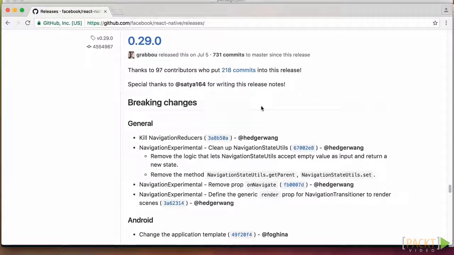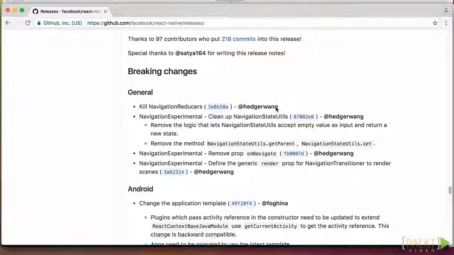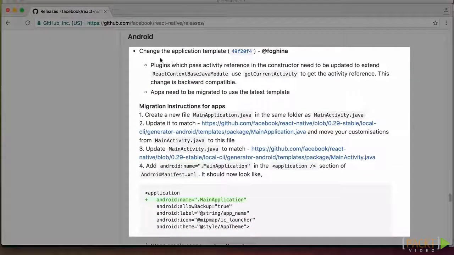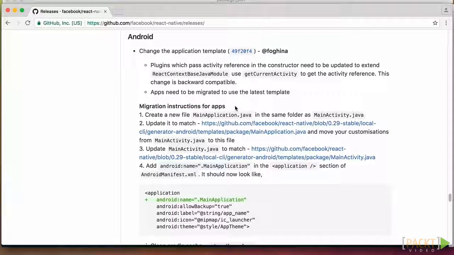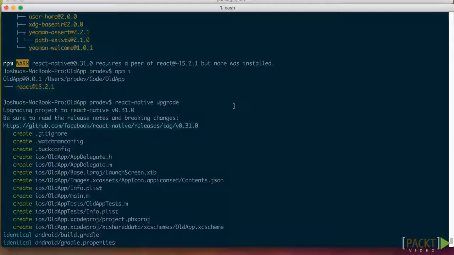Occasionally, you'll see a breaking changes section, as in this version 0.29 release, where if you scroll down, it says under Android that there was a change in the application template, and here's the migration instruction. Sometimes the upgrader will be able to take care of this for you, but sometimes you'll need to go and do something by hand. So make sure that you do read through the release notes of every version that you upgrade through. Once you've finished the React Native upgrade, however, you're good to go and can continue on